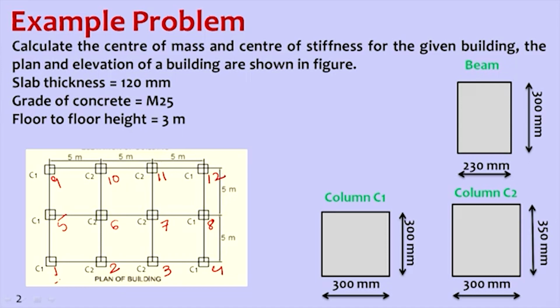So the first column we have C1 type of column, and second column we have C2 type of column, third one is a C2 type of column, and fourth one is a C1 type of column. So similarly for all other frames also. So we have K1, K4, K5, K8, K9, K12 as C1 columns, and K2, K3, K6, K7, K10, K11 as